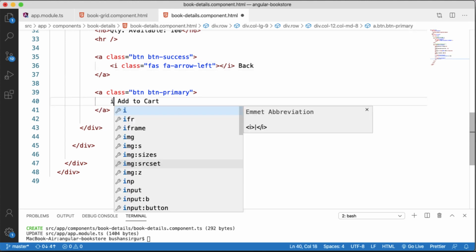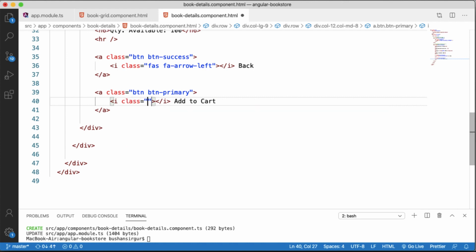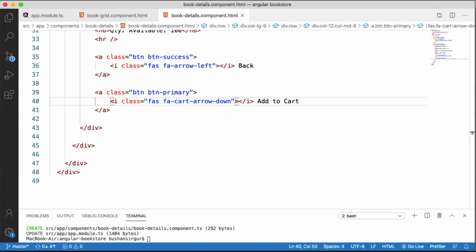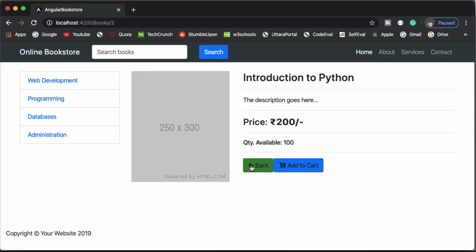For the cart, I'm going to add the class fa-cart-arrow-down. Let's save this. If you take a look at the browser, you can see now we have nice icons from the Font Awesome library.